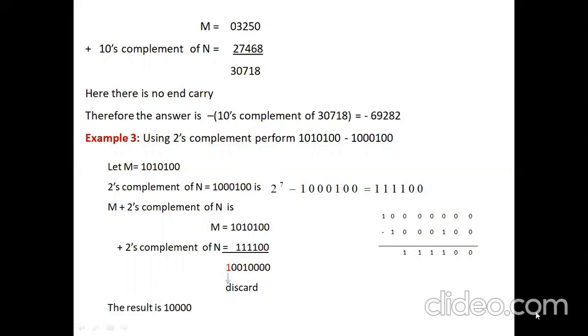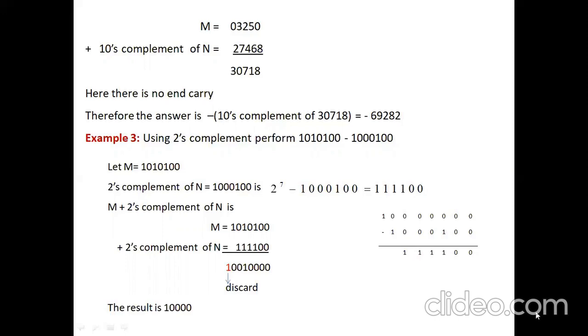So what happens is, again we are trying to find out for 30718. This time for that we get it as 69282, and we are putting a 9 minus sign here, so it is minus 69282. This is what. So again for using 2's complement, we have to perform